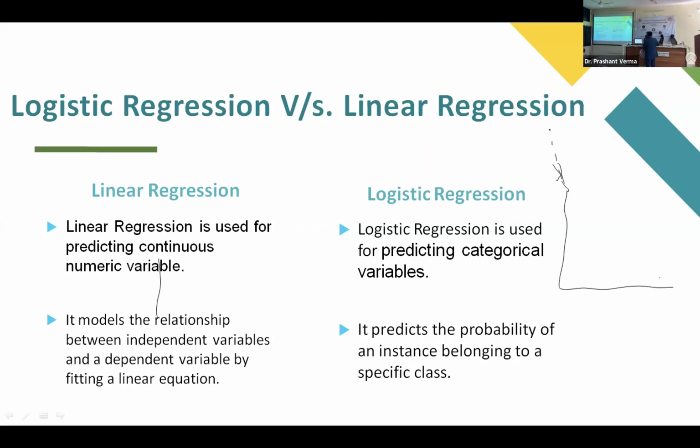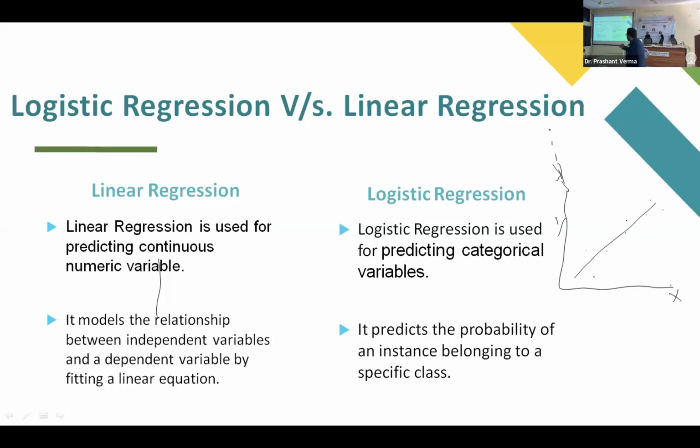Okay. So this is the x-axis and y-axis. Maybe in Chinese it's the x-axis and y-axis. I hope you understand this. This is your x, this is your y. In linear regression, this y will be the continuous variable. So you will put a scatter plot like that. For each value of x, you will have a value of y. And if you want to fit some regression line, it will look like this.